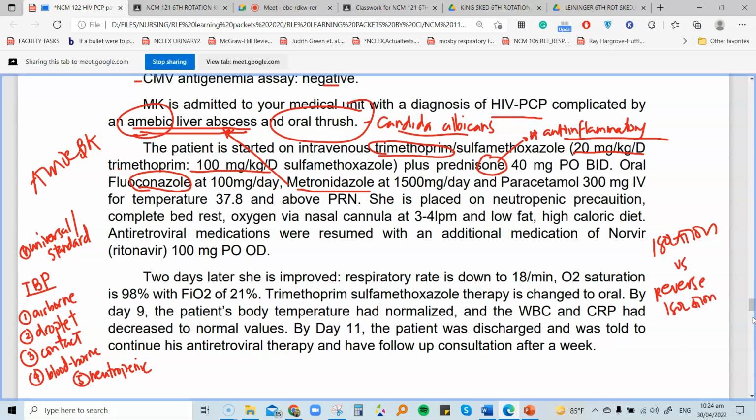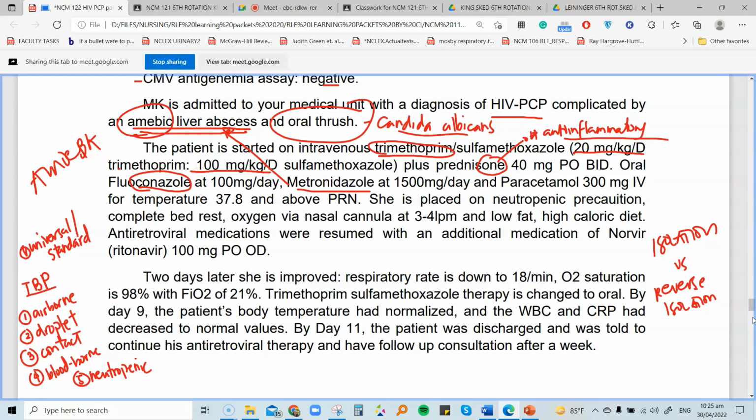Here's the thing. Mr. Castro's understanding of isolation is that you need to isolate the patient and protect him from any person who might harbor an illness because he is immunocompromised. So he places the patient in isolation. But what's the difference between that type of isolation and the type of isolation that we also do for clients who have SARS-CoV or COVID? They are also placed on isolation. But they are not immunocompromised. They just are contagious. Can you guess the difference? You also place them in isolation.